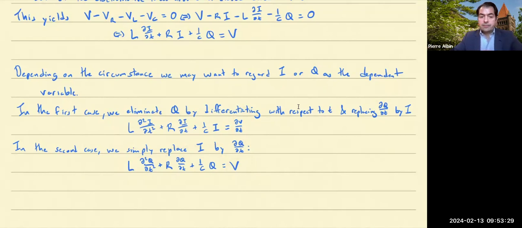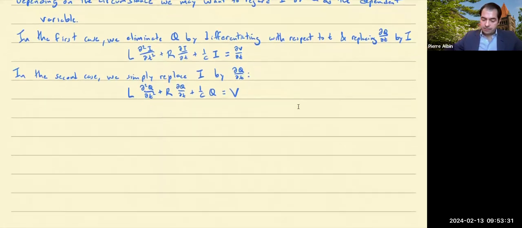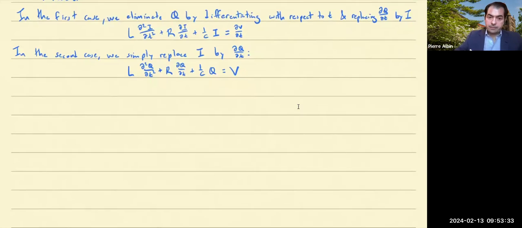Note the similarity with the damped mass spring equation